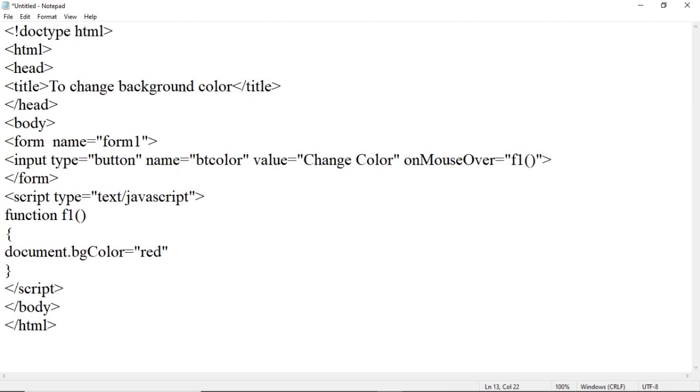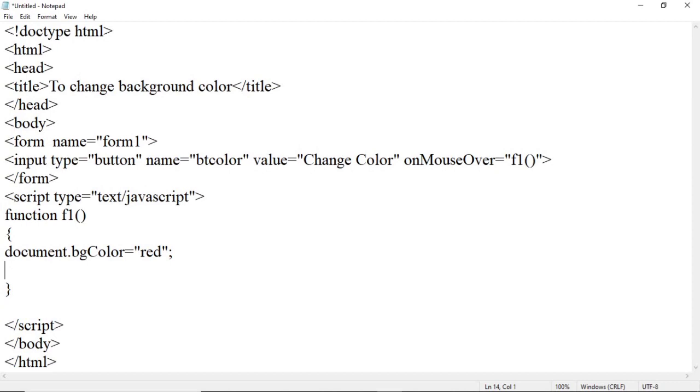Suppose it is red, then semicolon. Whenever this f1 function gets called, whenever the mouse is over this Change Color button, then f1 will get called and the background color for this page will be set as red.